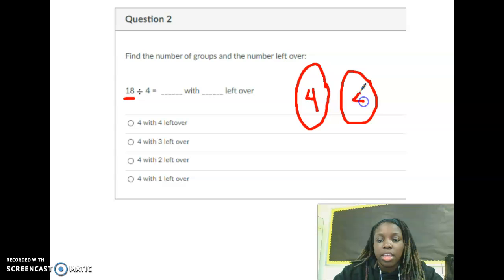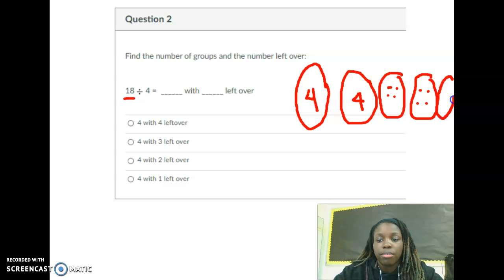4, 8, 9, 10, 11, 12. Remember, you can do dots. 12, 13, 14, 15, 16. Ooh, can I do another one with 4? No, I can't. 16,